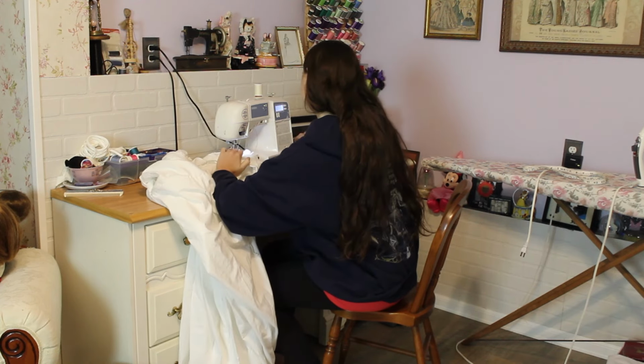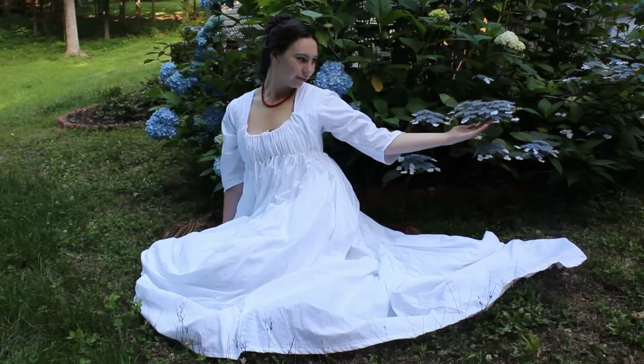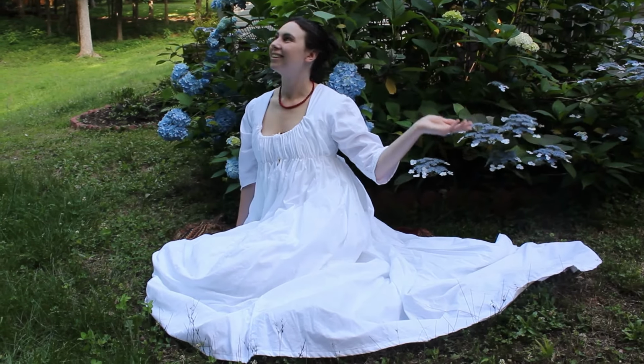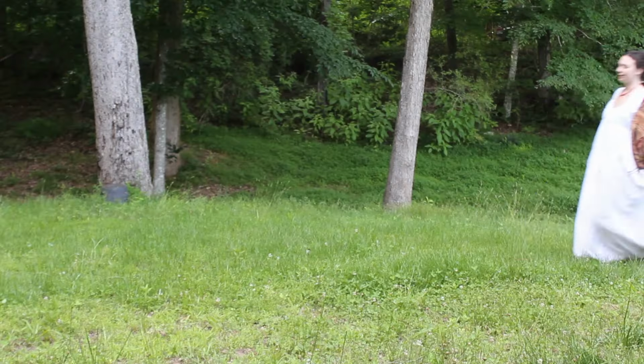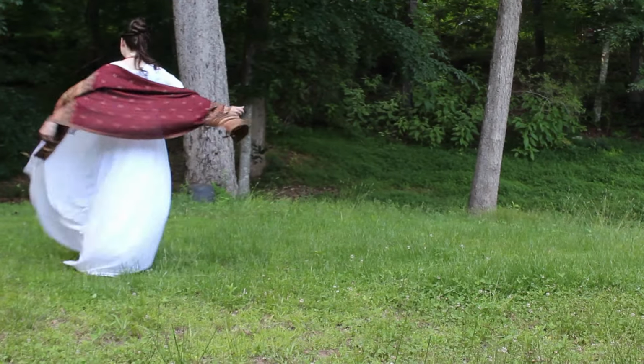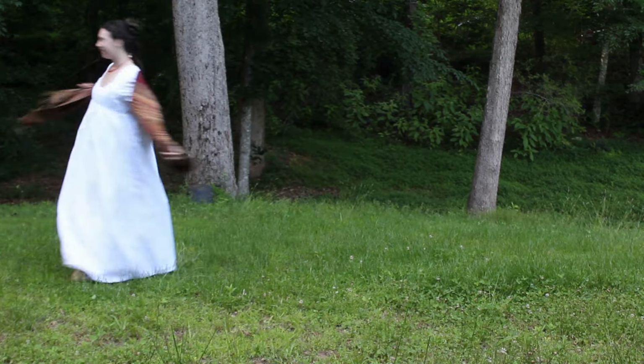Are you ready for it? Here is the grand reveal! I am so happy with how this turned out. It feels like an early Regency dream. I've been calling this dress my early Regency dream dress, so this totally lived up to my fantasy of it,